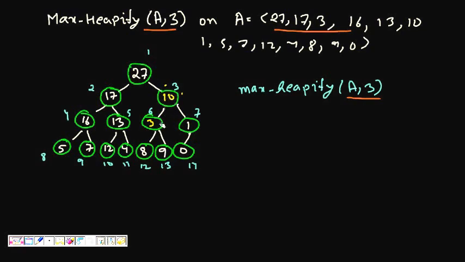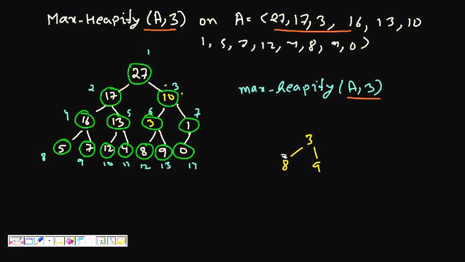Now this node is greater than its left child and right child, but we have put a lower value here. So is this node satisfying the max heap? We check 3 now with its left child and right child, and it's not satisfying the max heap property. If it was 10 here, then the max heap would be satisfied, but because we percolated it up, with 3 this property is not satisfied. So what do we do? Let's see, this is 3, this is 8, this is 9.